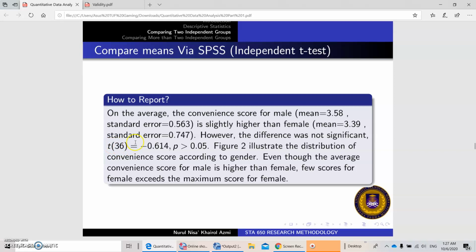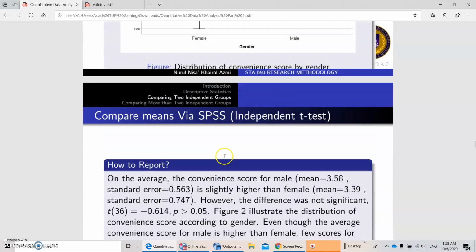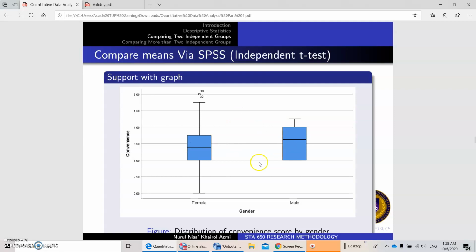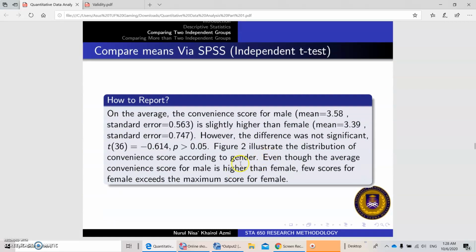Put the t value, the test statistic, and in the bracket the degrees of freedom, and then the p-value greater than 0.05. Then we put the figure, the box and whiskers plot, to support that the average convenience score for male is higher than for female.